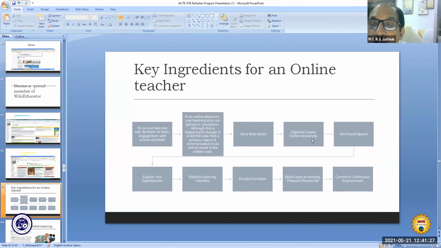Organize the course content intuitively so that it is more interesting, easier, and more enjoyable. Add visual appeal, explain your expectations, scaffold learning activities, provide examples, make the class an inviting, pleasant place to be, and commit to continuous improvement.